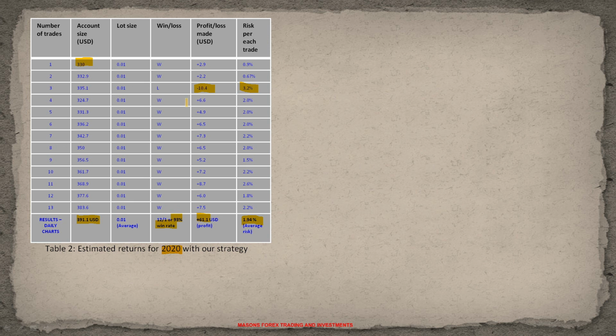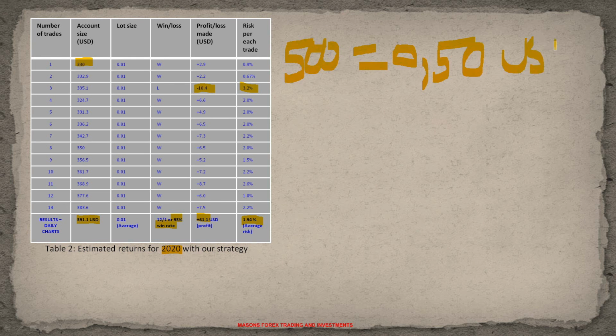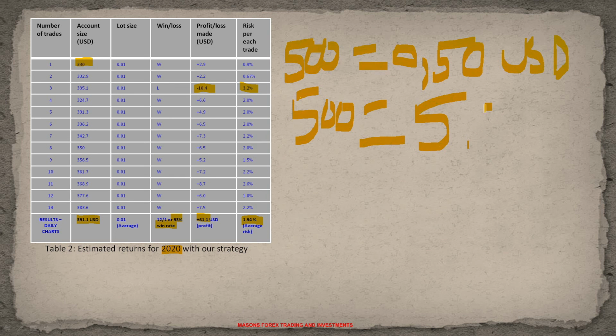Also take note that my account only pays 500 pips. I could potentially earn 0.50 USD, right? On other brokers, for 500 pips, the payment structure will be different. You could actually earn 5 USD. So you're going to check that out, and if your value differs, then you would have to adjust